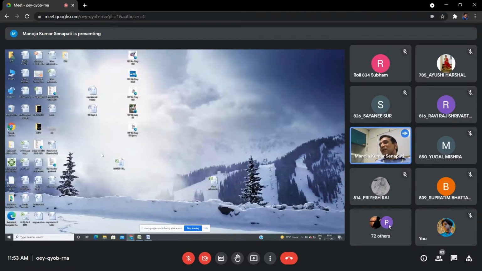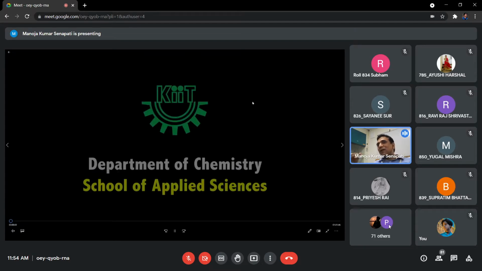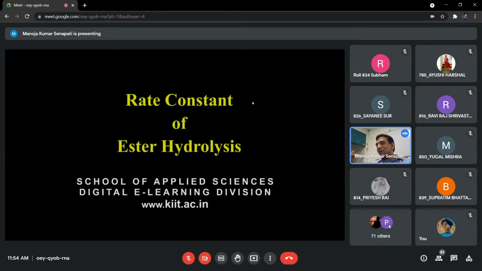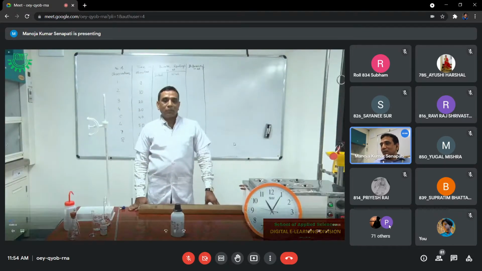You see, this experiment can be done in 2 different ways. You can find the value of K by the mathematical method. You can also find the value of K by the graphical method. In 2 different ways you can calculate. But we are not doing the calculation by the mathematical method, because the mathematical method is a little bit longer and you have to take the average. At different times you have to find the value of K. How much will K10 be, how much will K20 be, how much will K30 be, then you have to take the average. We are not going to do that one. We will do it by a very simple calculation, and that is in the graphical method.